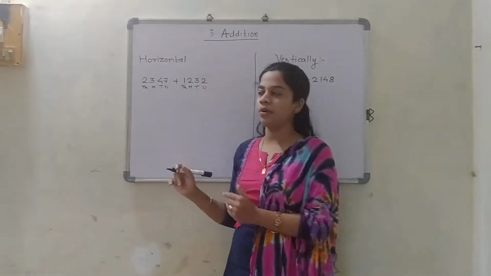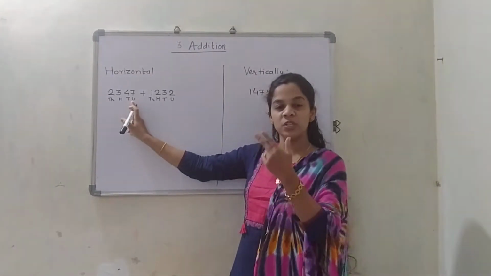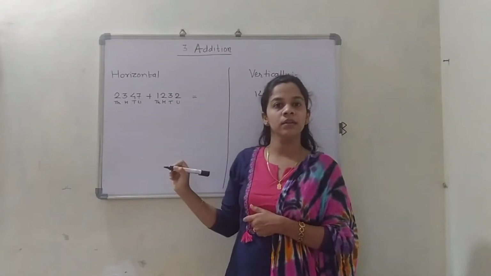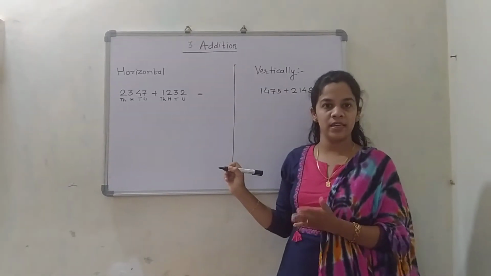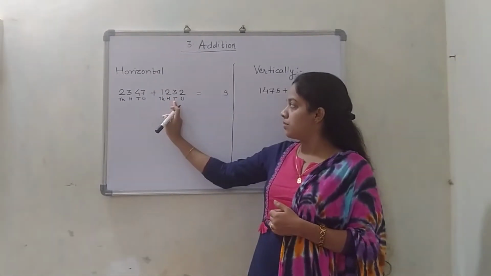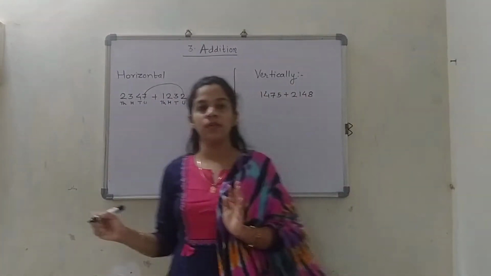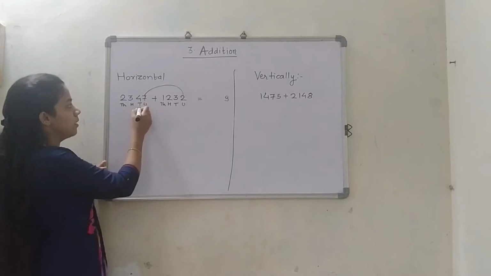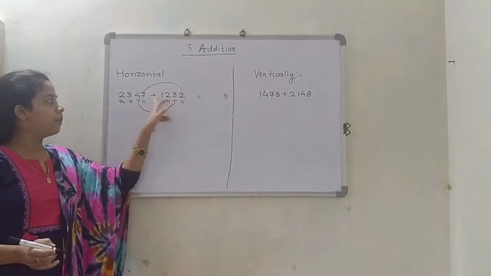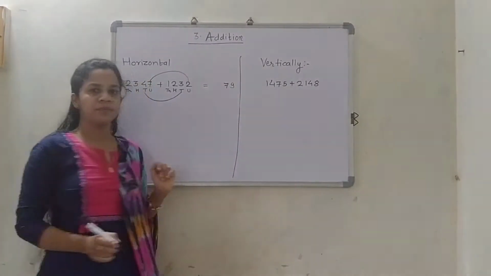So just see near the board, 2 at the unit place. You are also going to add the unit place which is present over there, that is 7. So 2 plus 7. Can you tell me what will be the number? Yes, 7 plus 2 or 2 plus 7, the answer is 9. Correct. Now just see at the tens place. Okay, we will focus on these 4 and these 3 which are at the tens place. So 4 plus 3. What is the addition? Yes, it is 7.